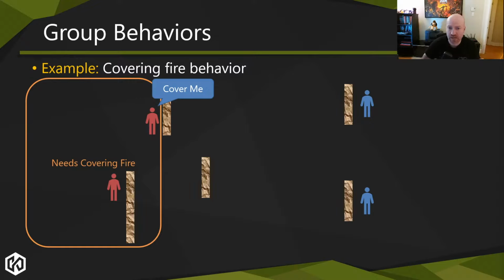The other agent now finds itself inside the stim zone and it's in cover. And potentially what it's going to do is say, well, now is a good time for me to get up out of cover and shoot, right? Maybe the stim zone will influence that timer a little bit more. You can set up stuff in your precondition that says, when I'm in the stim zone, prefer this behavior over another. So when it gets up to shoot, it's the regular stand up and shoot from cover. It can yell a bark saying covering, and then you have the other character move while the other one's shooting, right?